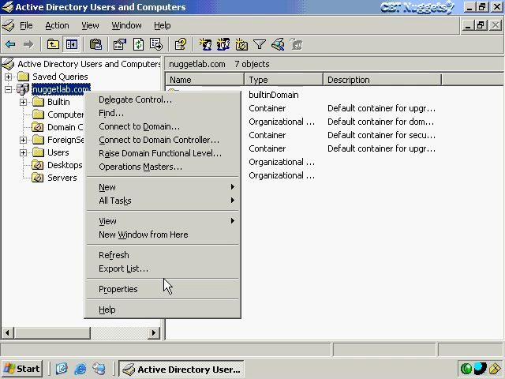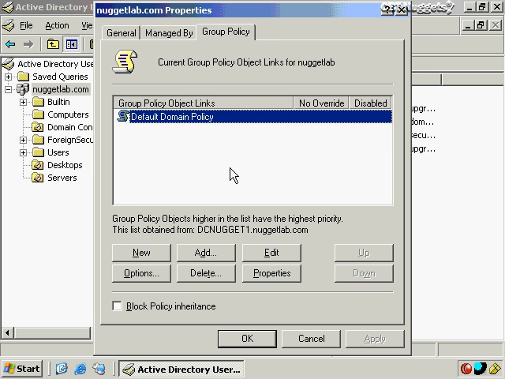Now, you might be seeing other interfaces to manage group policy. This would be true if you've installed the Group Policy Management Console, which is a free download from Microsoft, which a lot of Microsoft documents reference, and which you should probably become familiar with if you use policies very much. But in any case, we'll just use the default thing that comes with Windows, and you'll select this default